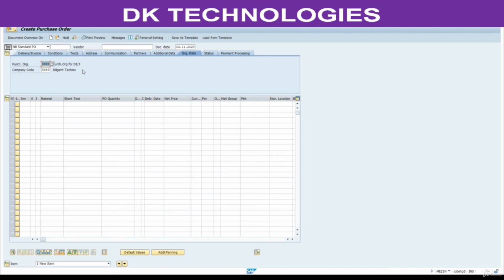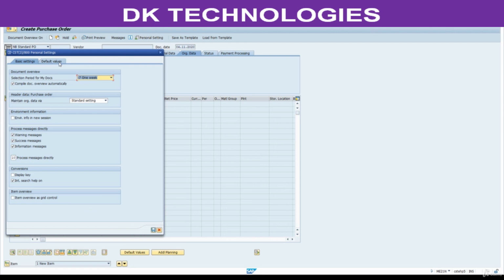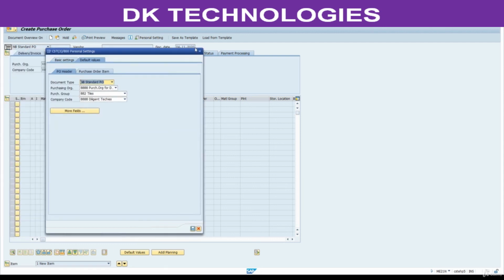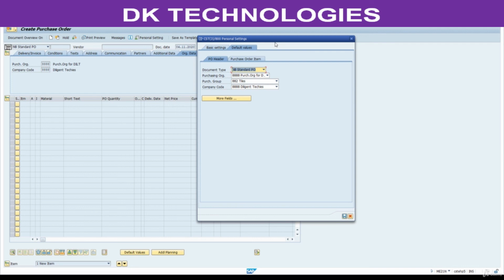Now, how to default values at purchase order: you have to go here, personal settings. Go to personal settings, click on default values. So for purchase order, purchase requisition, you are going to find this default value at respective places. That is the reason even if we define SU3, it doesn't have any impact on these screens.